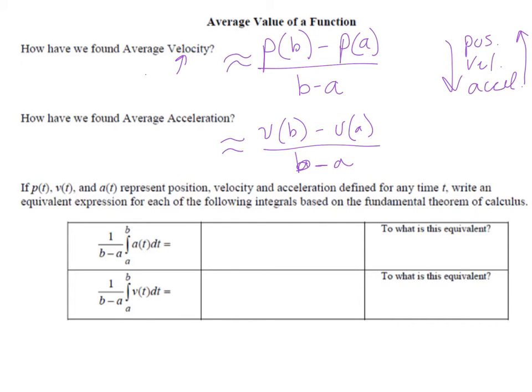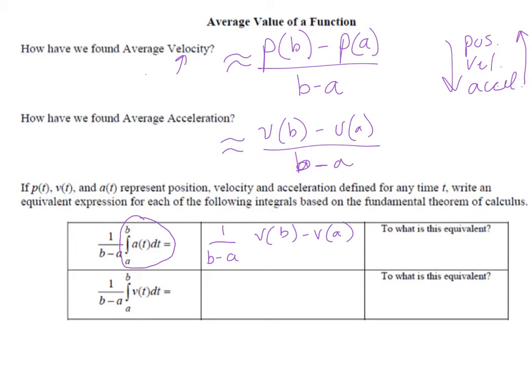So if p is the position function, and v of t is the velocity function, and a of t is the acceleration function for any time t, then how could we write an equivalent expression for the following integrals based on the fundamental theorem of calculus? Well, if you take the integral of acceleration, you get velocity. So this would be 1 over b minus a times v of b minus v of a,